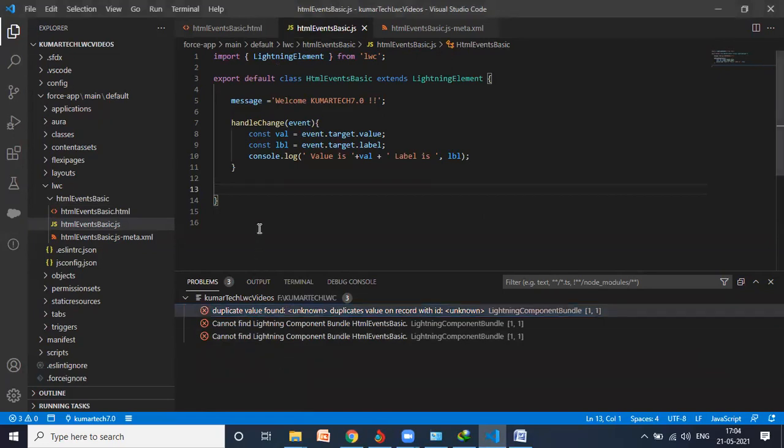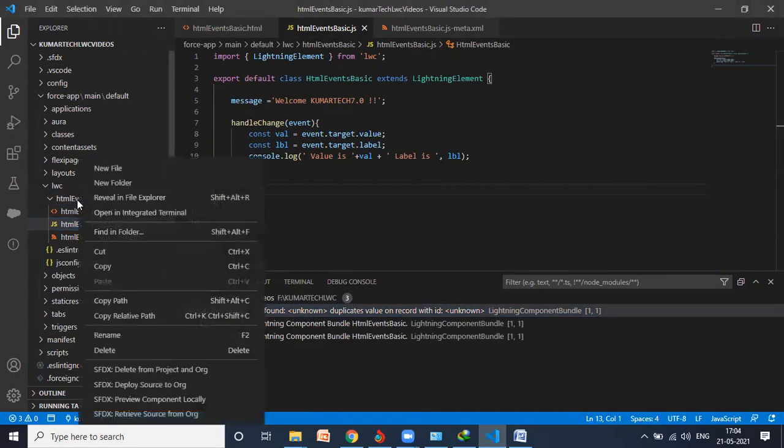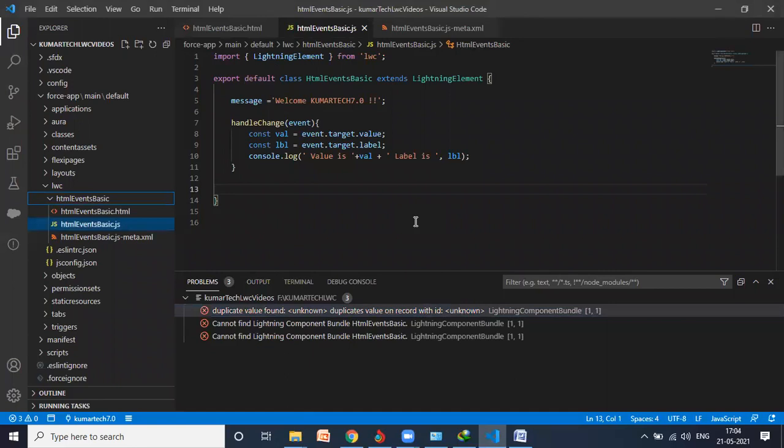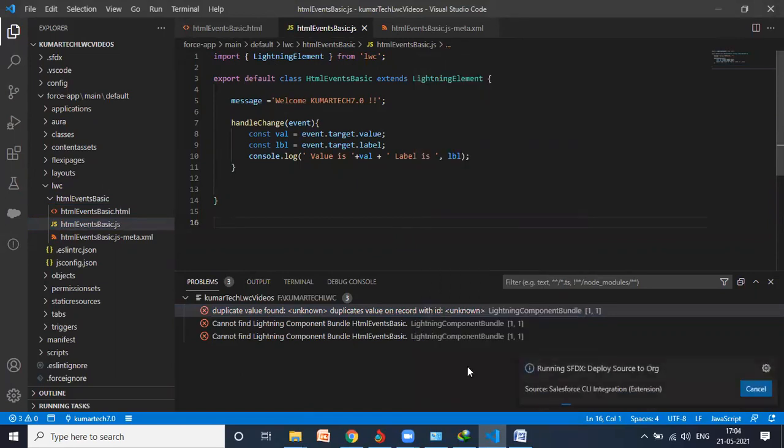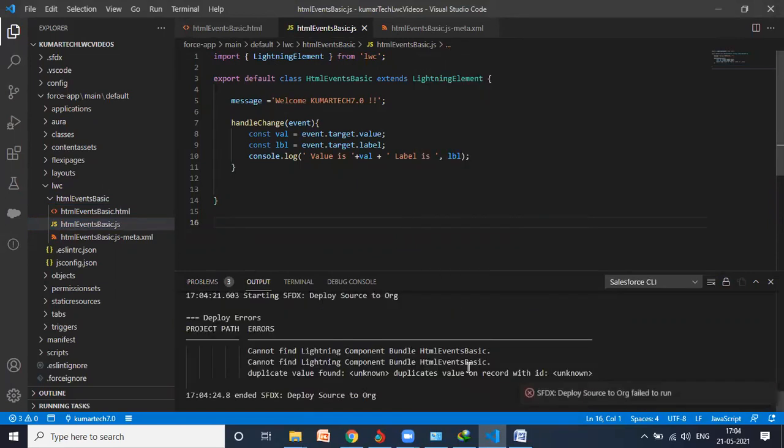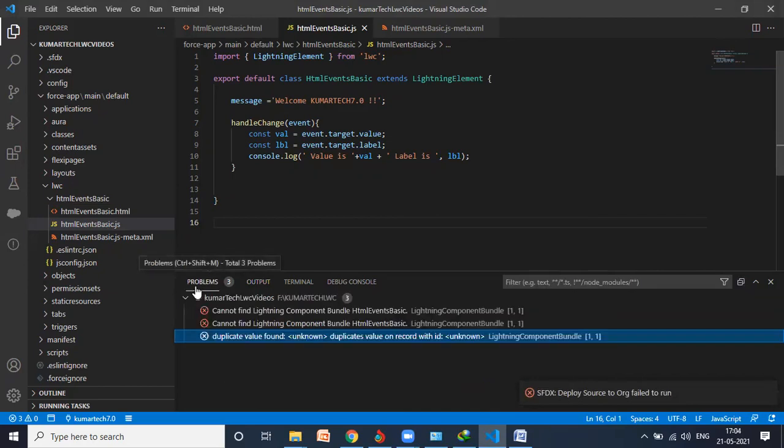I didn't save it, or what? I need to save this. Okay, let's try one more time. Again the same error. Okay, need to check what's the issue.